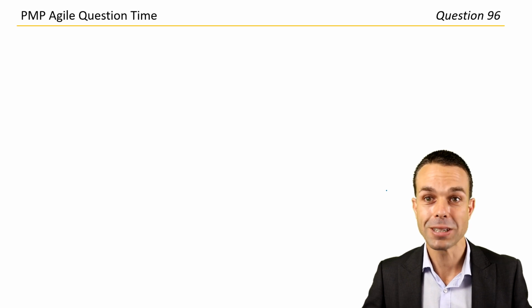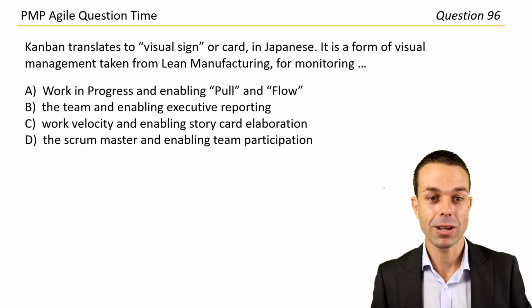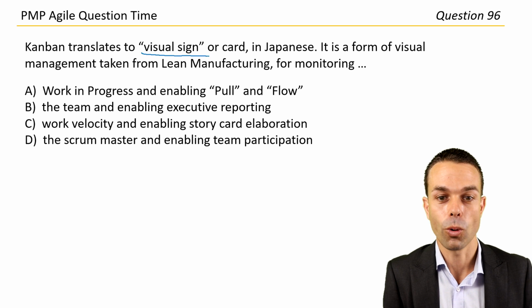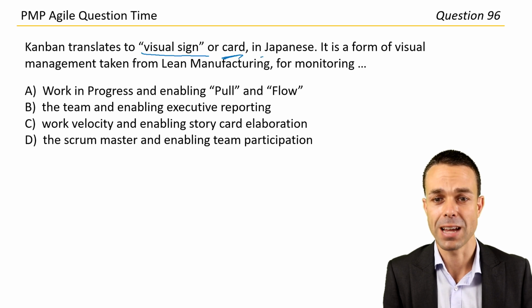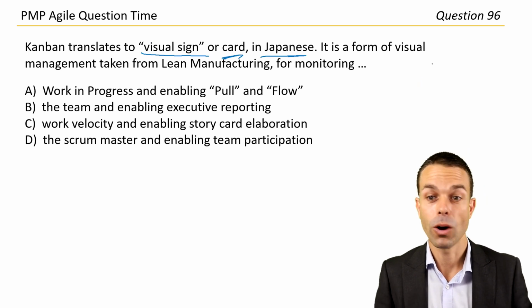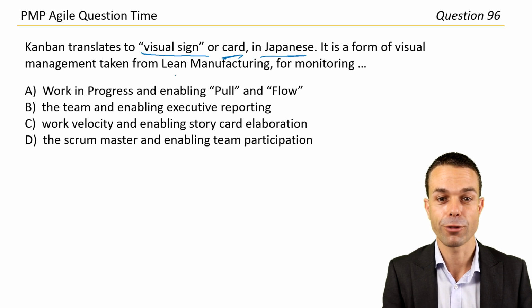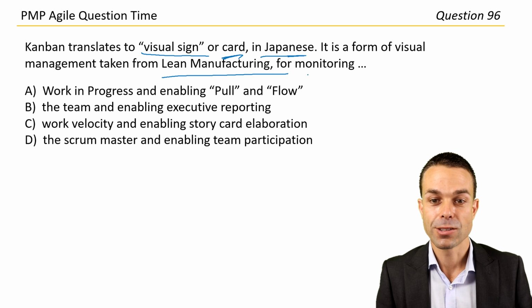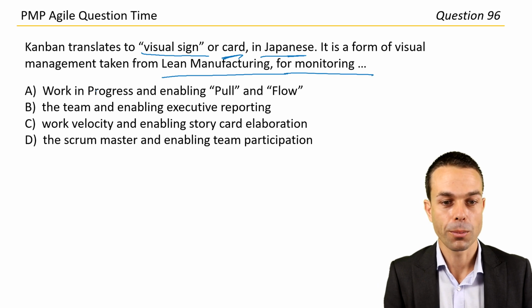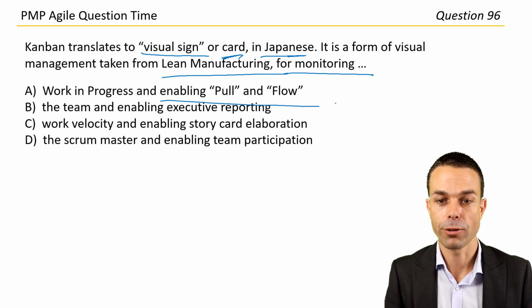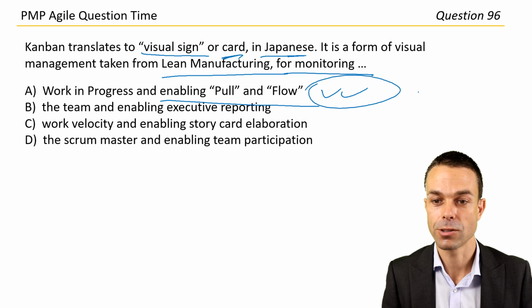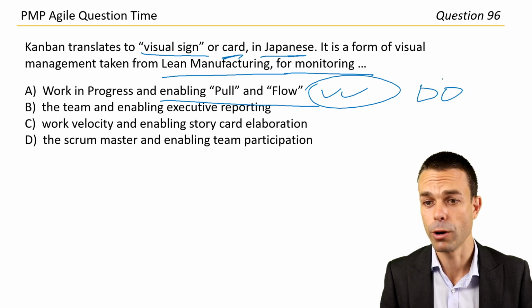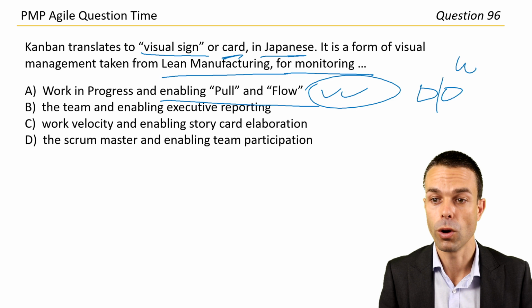All right, last two questions. Well done, guys. Kanban translates to visual sign or card in Japanese. And it's a form of visual management taken from lean manufacturing, the Toyota production system. And it's used for monitoring work in progress and enabling pull and flow. 100%. Yes, so we're pulling the cards only when we're ready, based on the work in progress on our Kanban